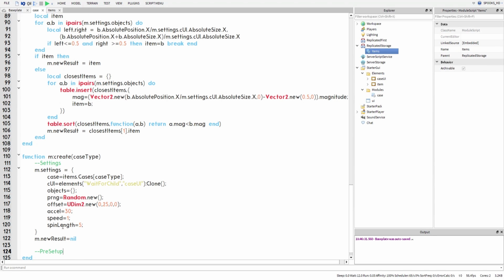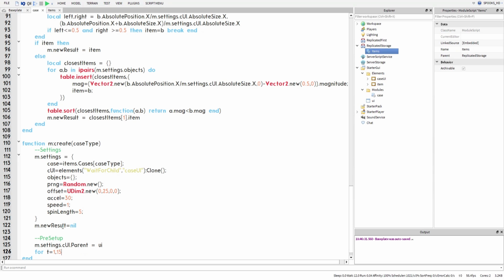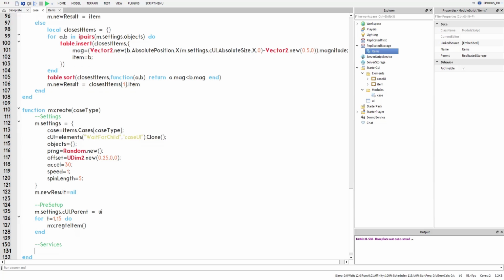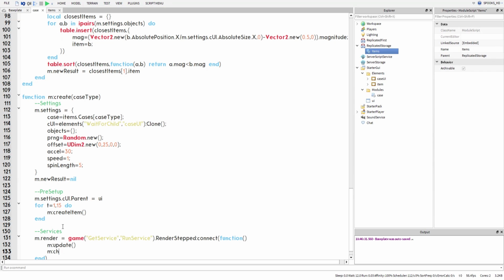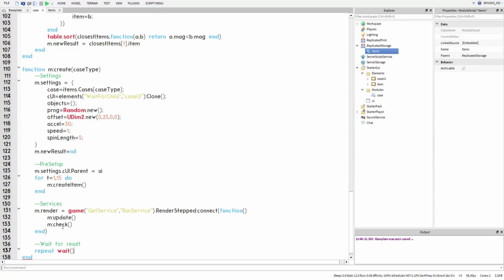So now we're going to have pre-setup. m.settings.cui.parent is equal to UI. Quite simple. And then we're going to create a few items first for the acceleration to work. And then services, m.render is equal to game, get service, run service, render step connect function. So anyways, then we're just going to call update, and then we're going to call check, and then we're going to wait for the result. So we're going to repeat wait until